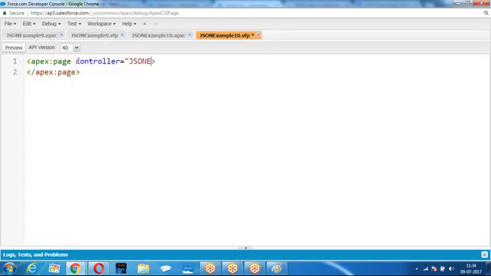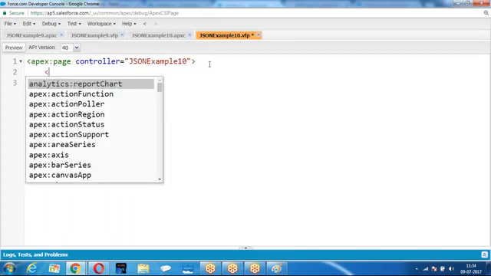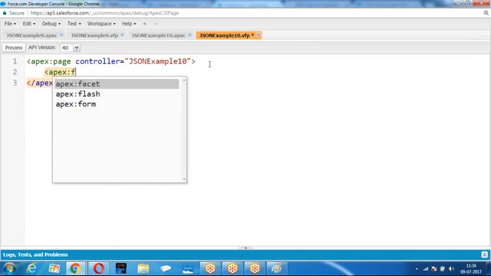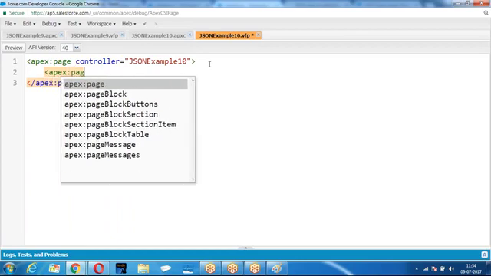In the controller, how do you define a map?